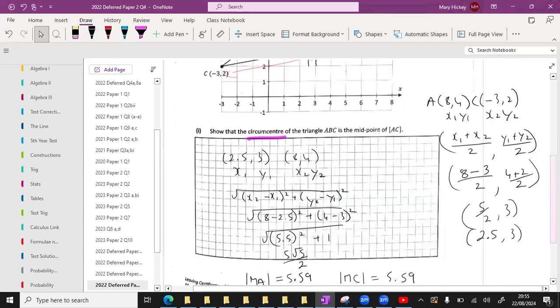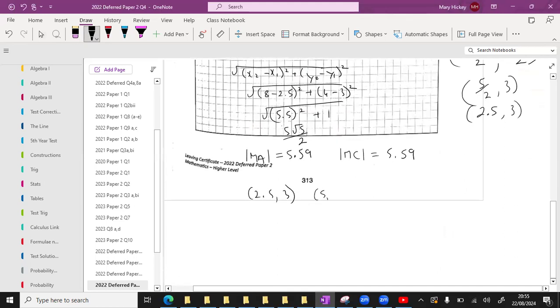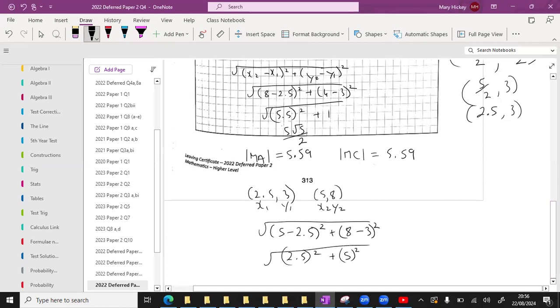So my remaining coordinate is (5, 8). So I'm going to put (5, 8) there, and I'm going to do exactly the same thing, x1, y1, x2, y2. I'm going to put it into my distance formula, just maybe speed this up a little bit here. So that's 5 minus 2.5 squared plus y2 minus y1 squared. So I end up with 2.5 squared plus 5 squared. So 2.5 squared plus 5 squared, which is 25. So I end up getting